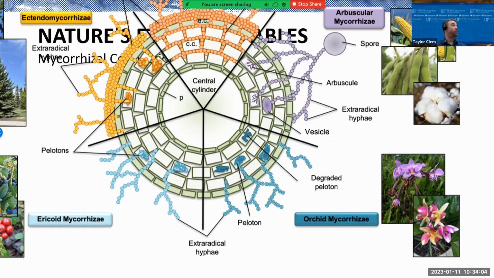So these are the different types of connections that can exist. There are these main connections like endo and ecto, but they can only form connections with very specific plant taxa. So all of a sudden we're looking at this really cool balance of what type of plant species you have, what type of fungi is available, what type of connection they can make. Don't worry, there will not be a test on any of these terms because they're hard to pronounce. So these are these Ethernet cables, these different types of connections that can exist within this mycorrhizal network.